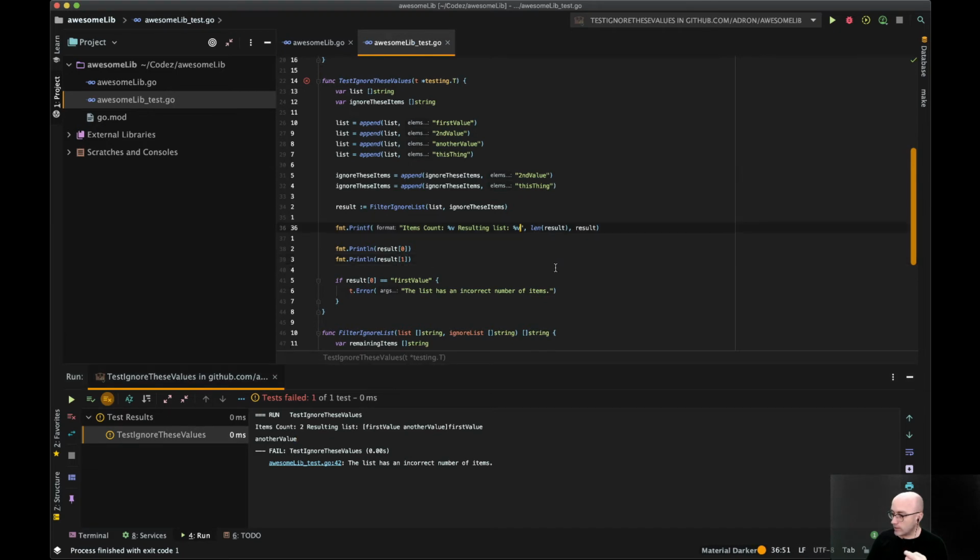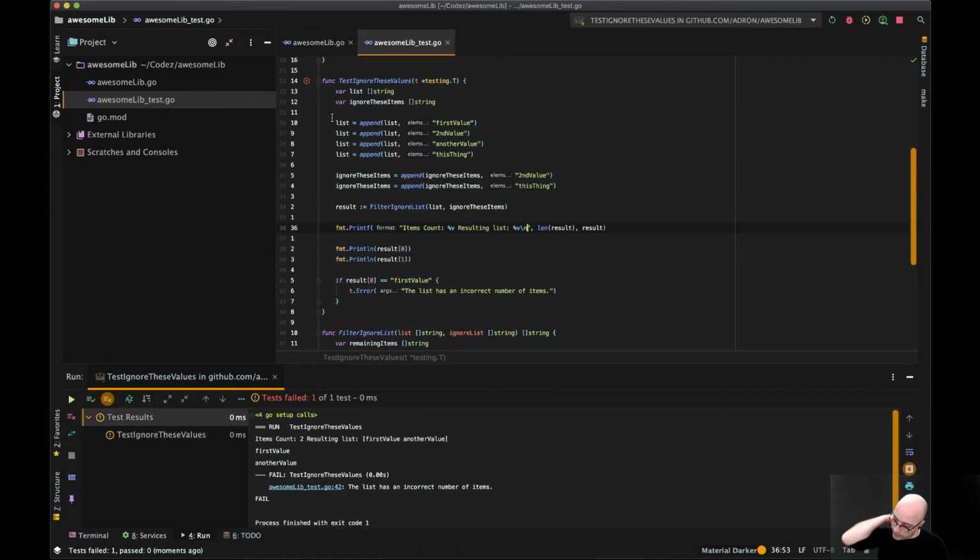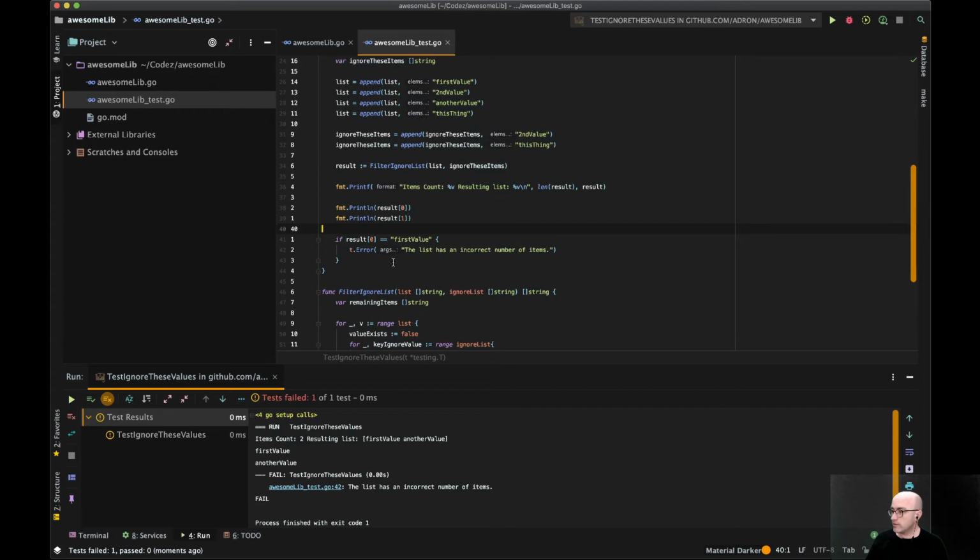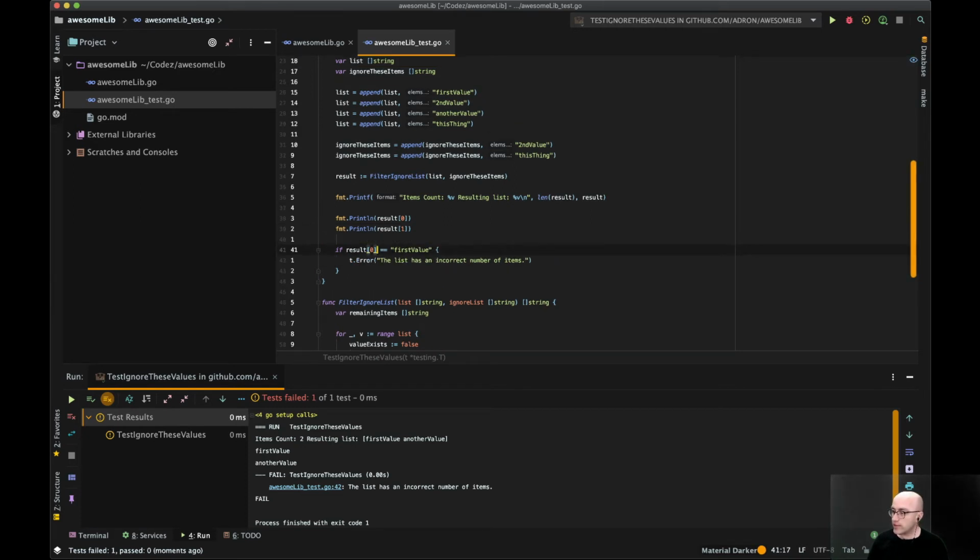Let's add a little easier to read thing here. So we have two values. We have two count. And for some reason, my result... I am being an idiot. Of course, I was saying is 2 equal to 2.